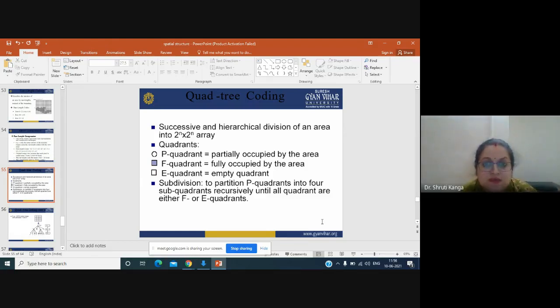So successive and hierarchical divisions of an area into 2 raised to power n into 2 raised to power n array. Okay, we take quadrants first. Quadrant means when you are talking about 8 means 2 raised to power 8, so that means we have 4 by 4 data or 2 by 2 data.